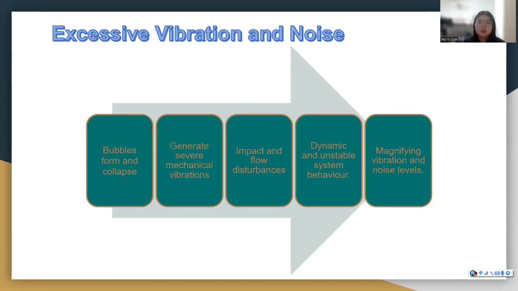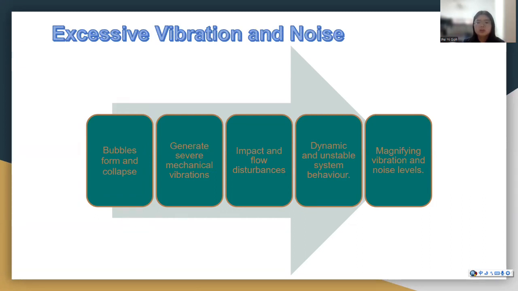This vibration, along with the liquid jet's impact and flow disturbance, will then lead to dynamic and unstable system behavior. The resulting noise is often tonal and can travel through the fluid, resulting in undesirable acoustics in the surrounding